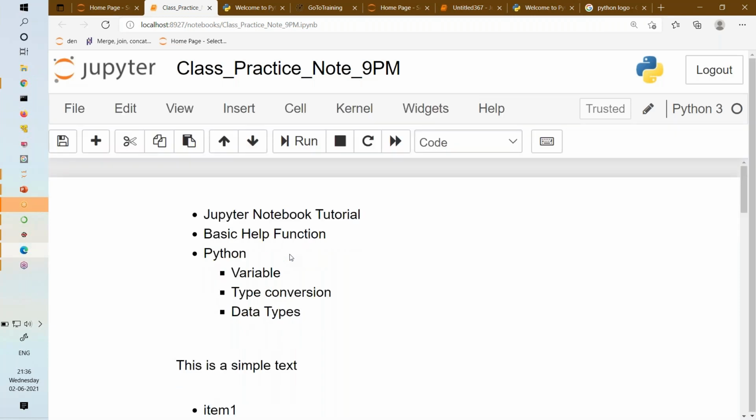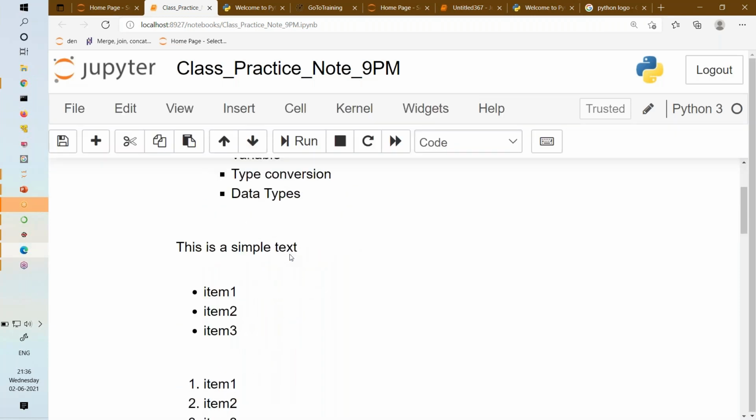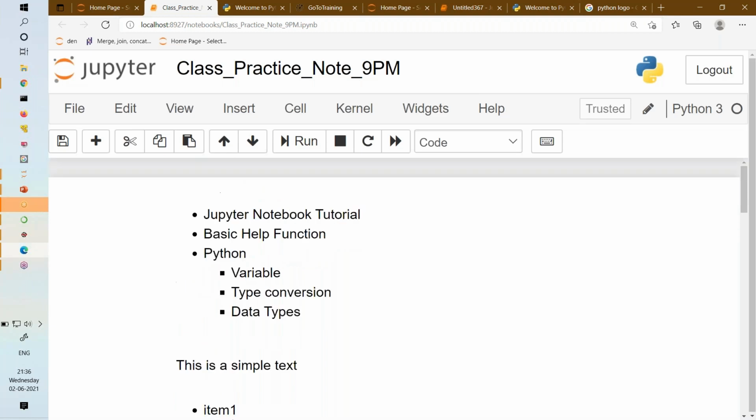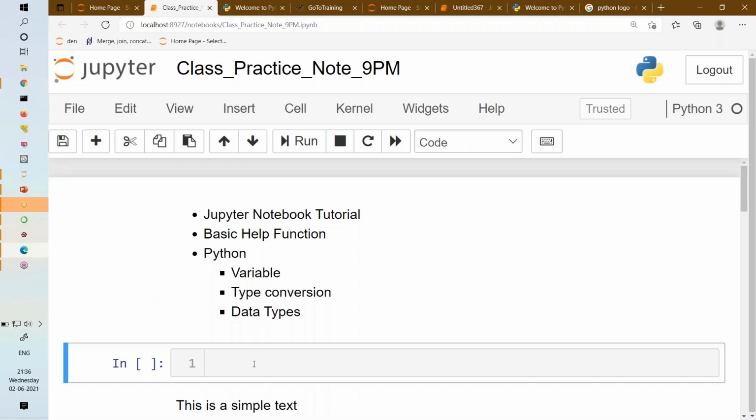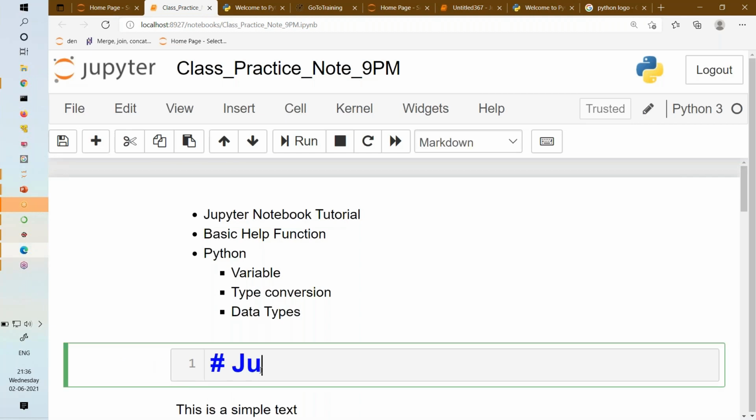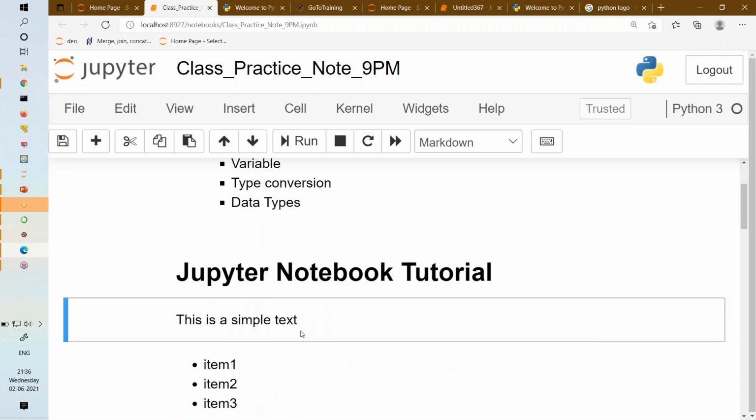So let me quickly summarize before we go to the next section. Today we are in this section called Jupyter Notebook tutorial, and here I will give a heading with #1. The first section that we are discussing is called Jupyter Notebook tutorial, right? What we have learned is, first, how to add any text.